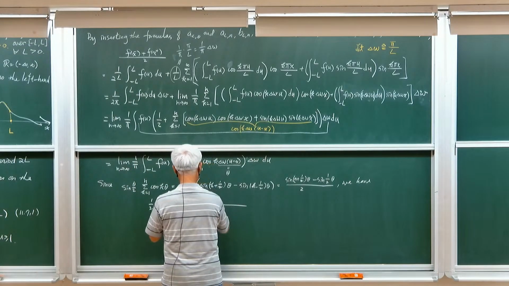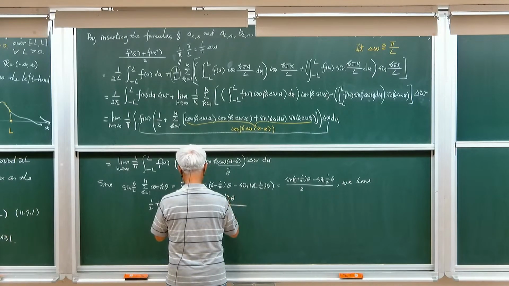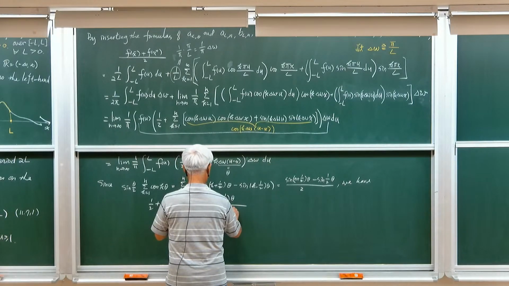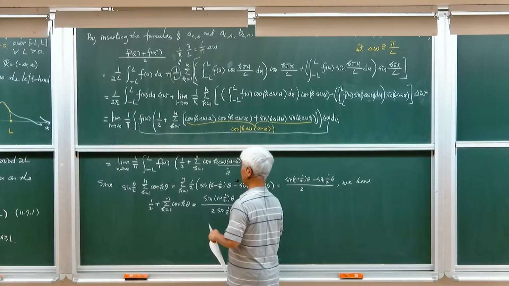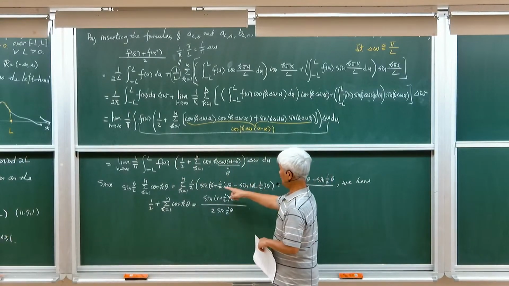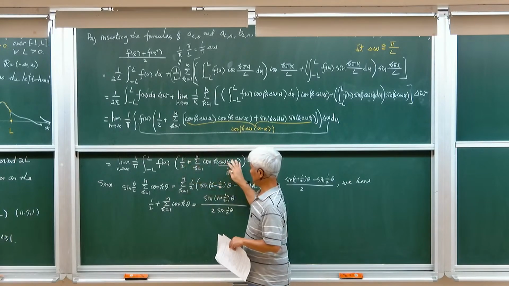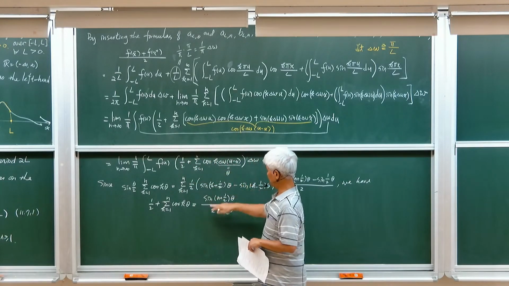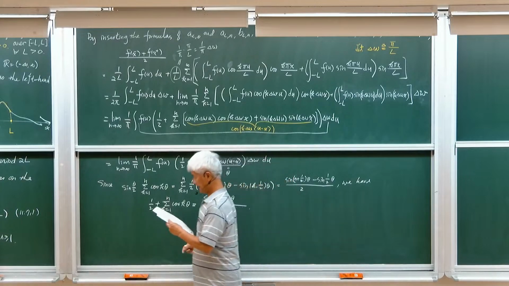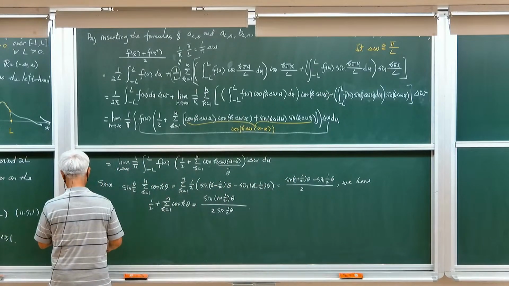This ratio: sine n plus 1/2 theta, over 2 times sine 1/2 theta. Okay, we have that. And so this summation is equal to this ratio. All right, so that